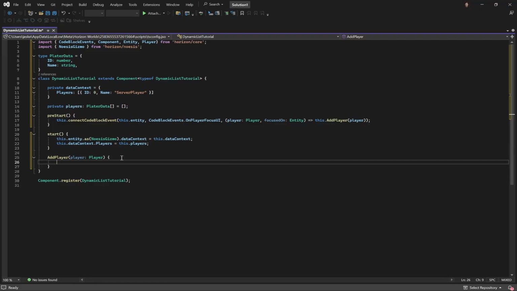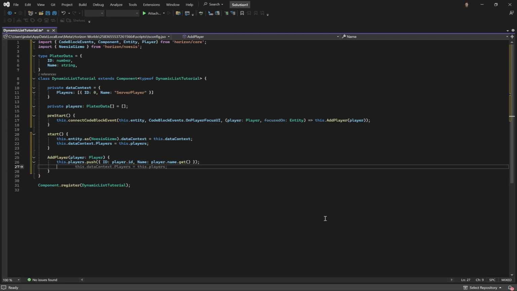So it'll be this.players.push, and it'll be ID will be player.id, and name will be player.name.get. And then we need to update the data context, so this.data